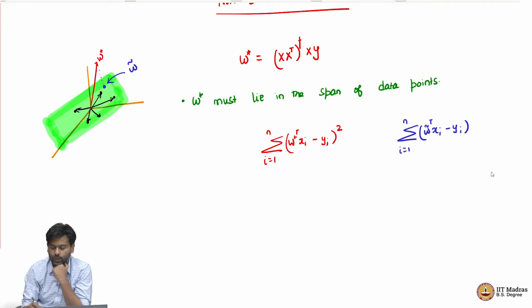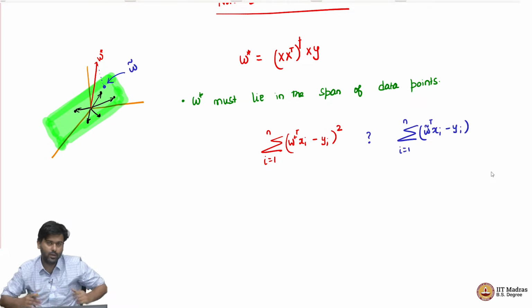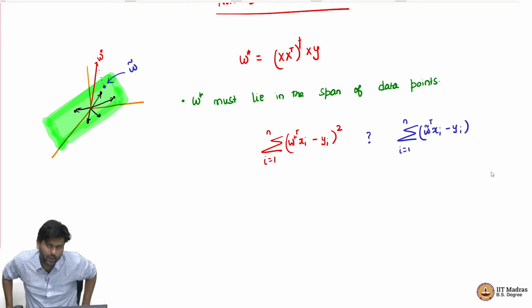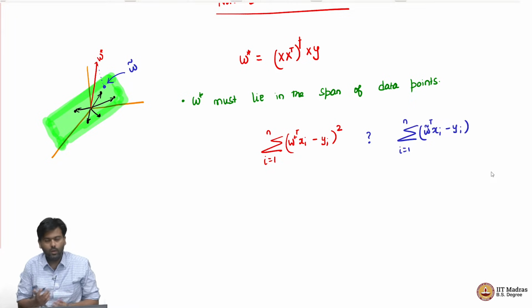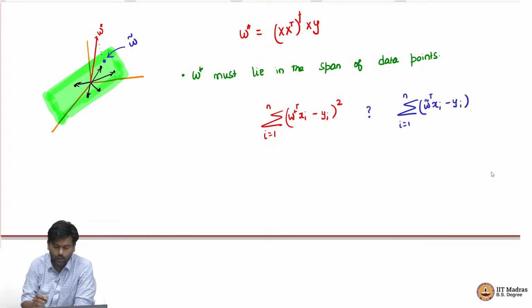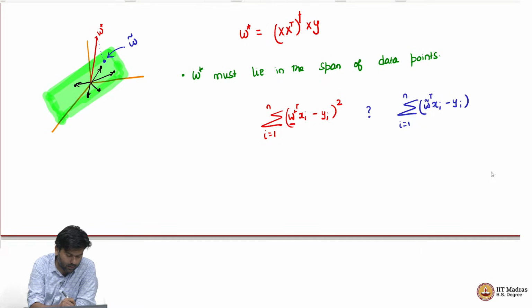Well, how does this compare to this one? Of course, it cannot be strictly less than this, because by definition we are assuming W star has the smallest value because it solves this problem. So, the right hand side cannot be less than this, but what is the actual relation between these two? Now, W star's projection onto this plane is W tilde, right. So, there is this, maybe I should use a different color. So, there is this